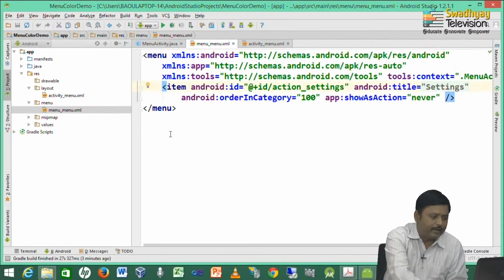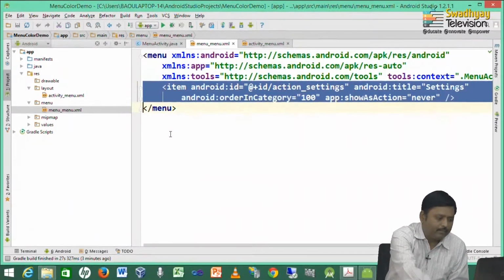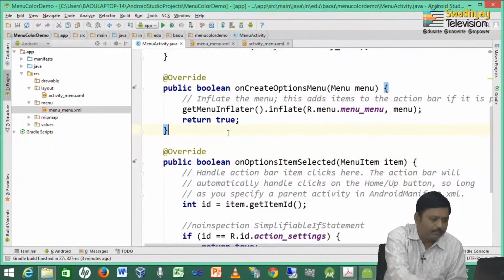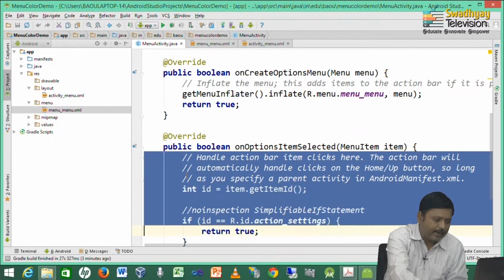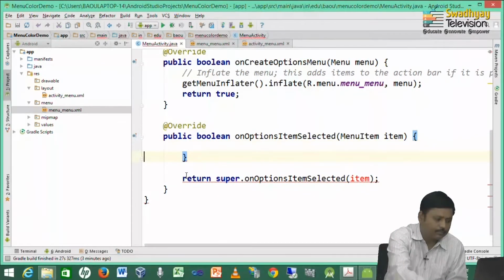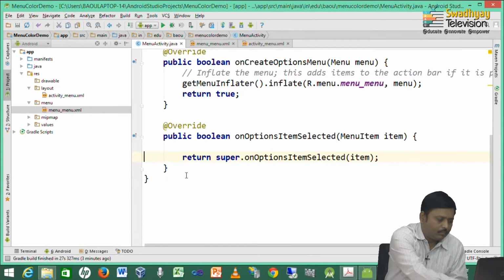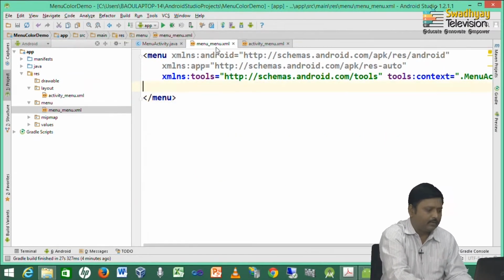So, I am just deleting or removing this item. We also need to remove it from here. So, I am removing this code inside onOptionsItemSelected, and adding new items inside these.